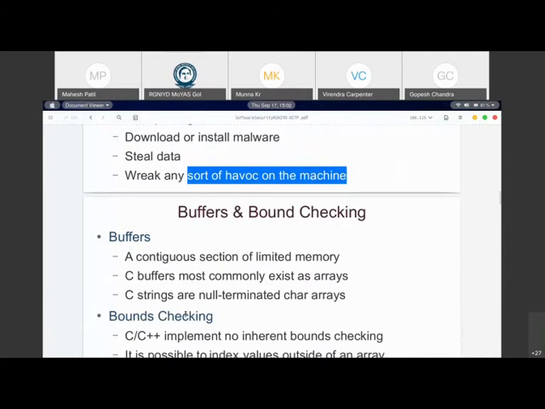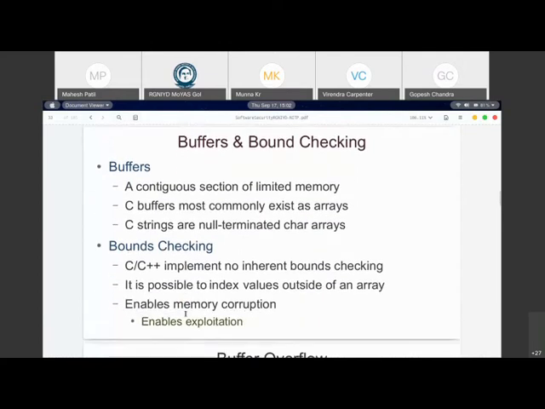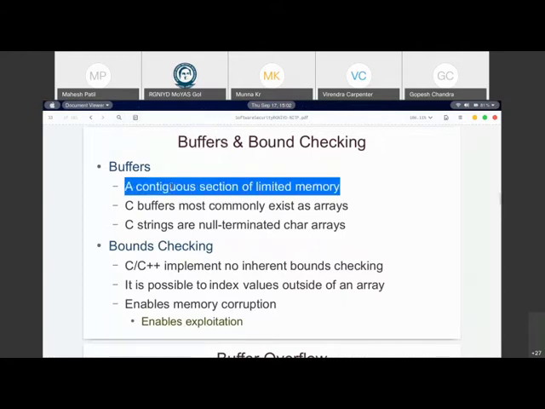The type of vulnerabilities we are going to talk about is related to buffers. Every one of us knows what a buffer is. Typically, a buffer is a contiguous memory location which is allocated. Many times when we write programs in C or C++, we require buffers. For example, if an incoming packet is there and I want to process it, first I'll put it in a buffer. Or if there is a file I have to read, I will read it and put it into a buffer. So it is just a continuous memory location in the RAM.